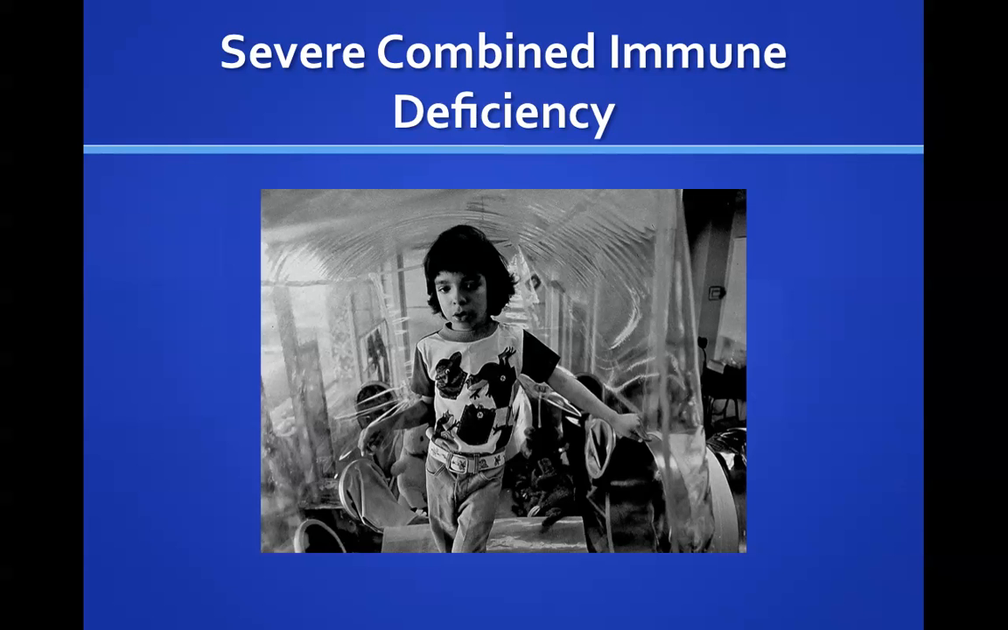Let me go into details about SCID. It's caused by a blockage in ADA enzyme production. So this blockage stops you from producing lymphocytes. Lymphocytes are important in your nervous and other immune systems. It's treated through the bone marrow and umbilical cord blood. The big problem finally is